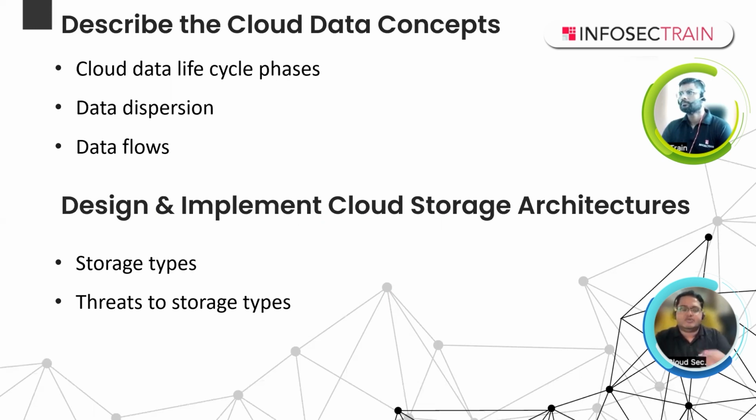Sorry for that. Data dispersion is one of the most important concepts, because when you go to cloud computing, the biggest concern is the replication of data and how it has proper redundancy. When you store data in on-premises data centers, you use a concept called redundancy. But on the cloud platform, the biggest challenge is how the cloud service provider safely handles our data. Are they making a proper replica of our data?